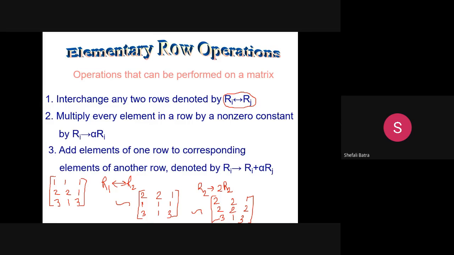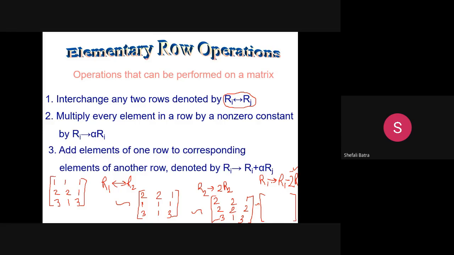And then the last operation, I'm doing it randomly just to show you how you will write it. Now I'm writing R1 implies R1 minus 2 times R2. Please keep in mind, when you are changing row 1, this row 1 will remain as it is, and then plus or minus whatever you want. You will multiply another row with any constant, but the row you are changing, you write here as it is with coefficient 1 only. So the answer would be